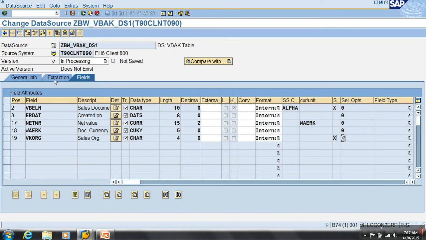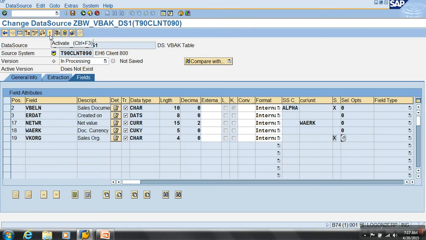When you replicate your data source, it reads the complete metadata of your data source from ECC to BW and formulates your transfer structure based on the extract structure and those customizations. Clear? Now that we have activated the data source, what happens? First thing, it creates the PSA table. And next thing is, when I activate my R3 data source,